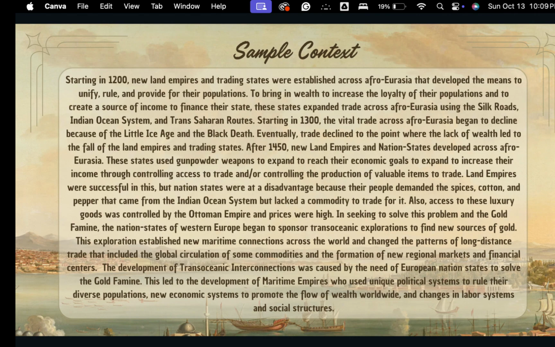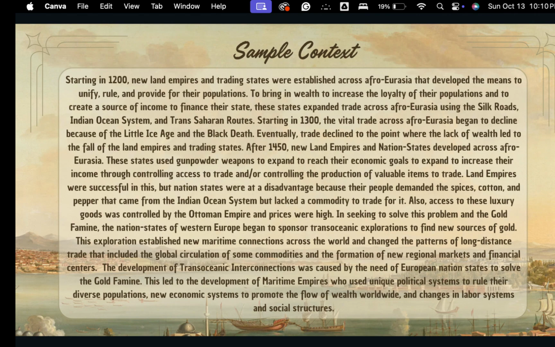After 1450, we see new empires developing, especially land empires, that they're going to use gunpowder to expand and meet their economic goals through trade. But unfortunately, Europe's at a disadvantage, so they used their navies to create maritime routes to find gold in Africa and to trade directly with Asia. So this is an example of a contextualist statement that described the events and the developments that led up to the topic of the development of